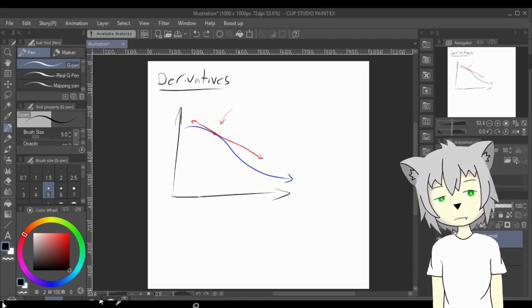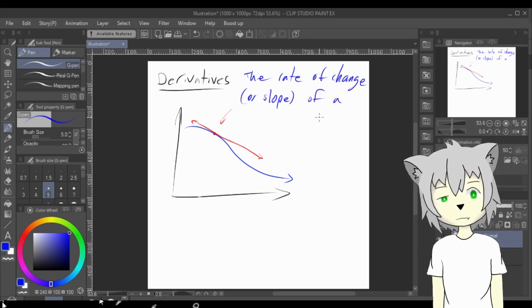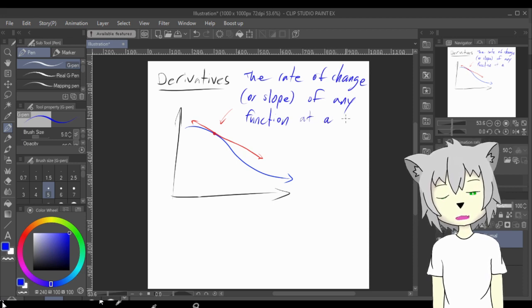So we can basically define derivatives as the rate of change or slope of a function, of any function, at a point,